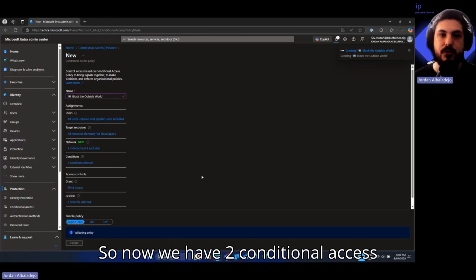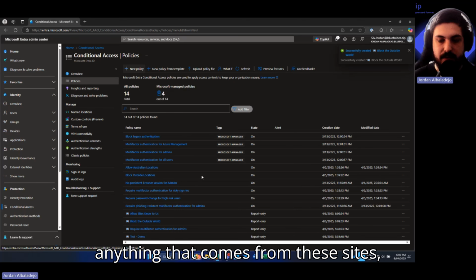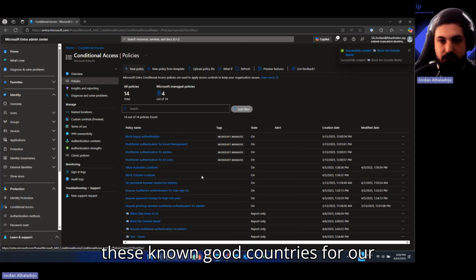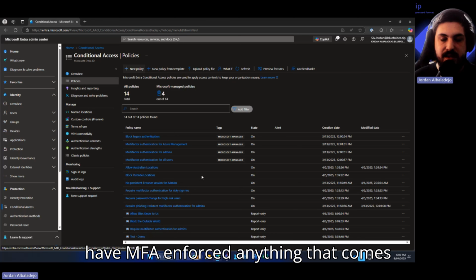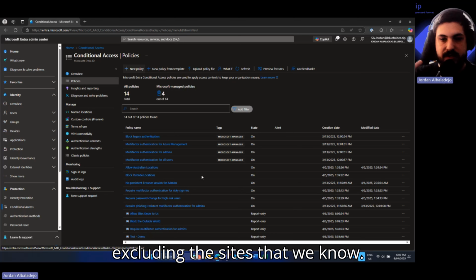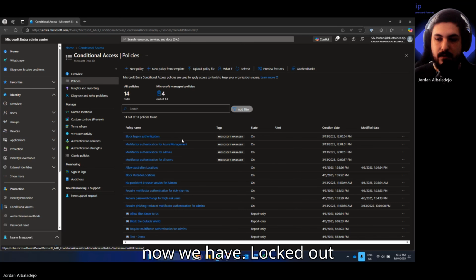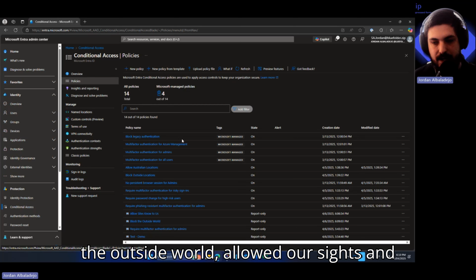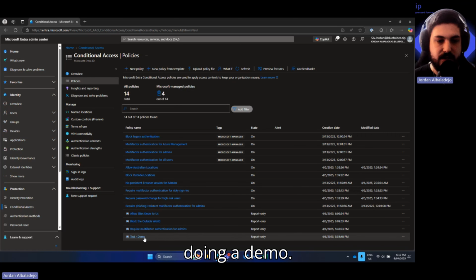So now we have two conditional access policies. One is a whitelist saying anything that comes from these sites, these known good countries for our business, good, allow it, but just have MFA enforced. Anything that comes from outside that, in this case also excluding the sites that we know, we'll block that. Just block it straight away. So now we have blocked out the outside world, allowed our sites, and we've also had a look at just doing a demo